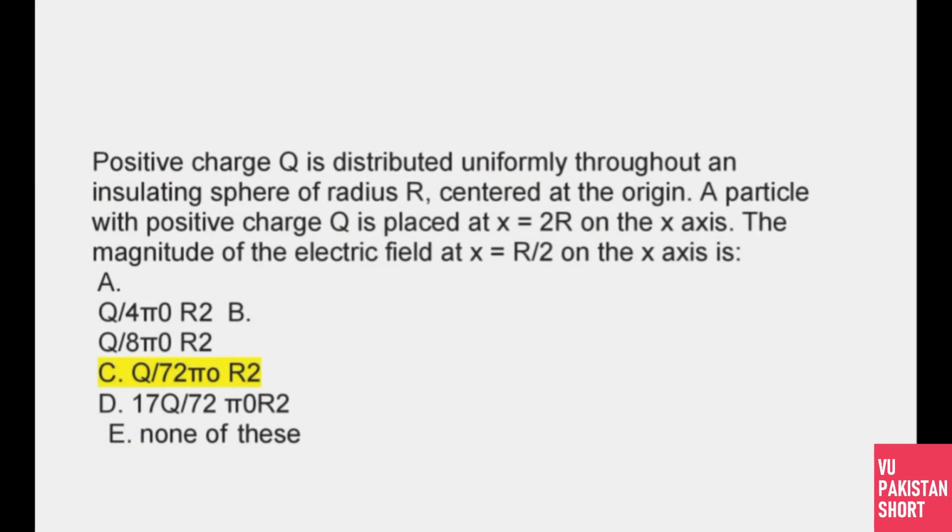अब positive charge Q is distributed uniformly through an insulating sphere of radius R centered at the origin. A particle with a positive charge Q is placed at x=2R on the x-axis, and the magnitude of the electric field at x=R/2 on the axis। तो उसका सही आंसर आपका कितना है? Q/(7πε0R²)।